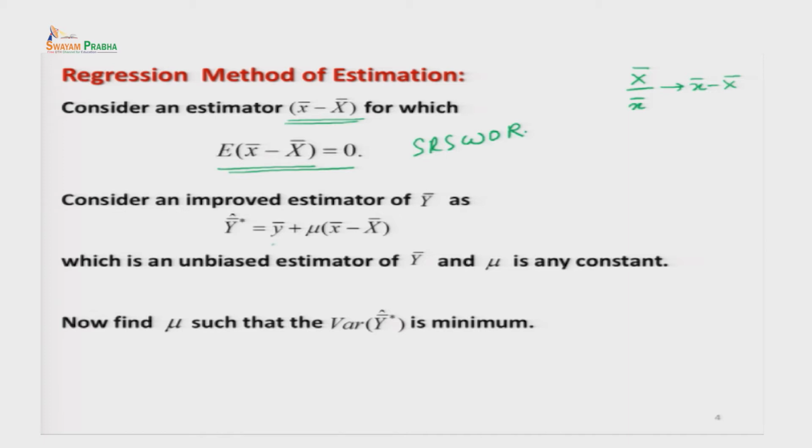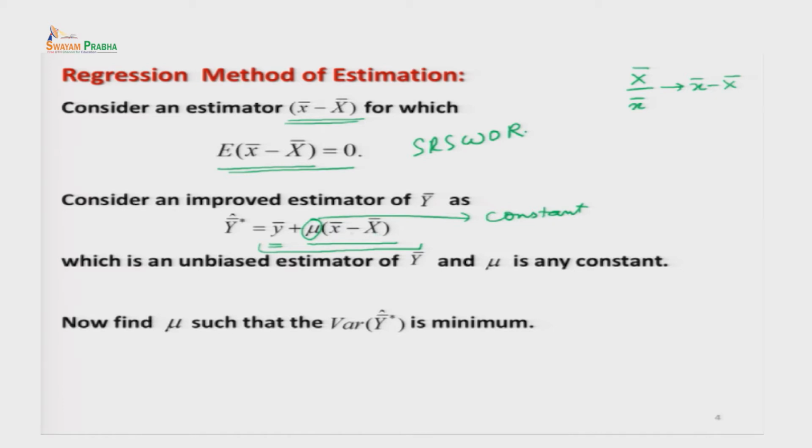of the form small y bar plus mu times small x bar minus capital X bar. Here this mu is any constant. Now mu is going to be an unknown quantity, so we have to find the value of mu such that this new function becomes an improved estimator of the population mean. Since you are considering a linear combination of sample mean small y bar plus mu times small x bar minus capital X bar,